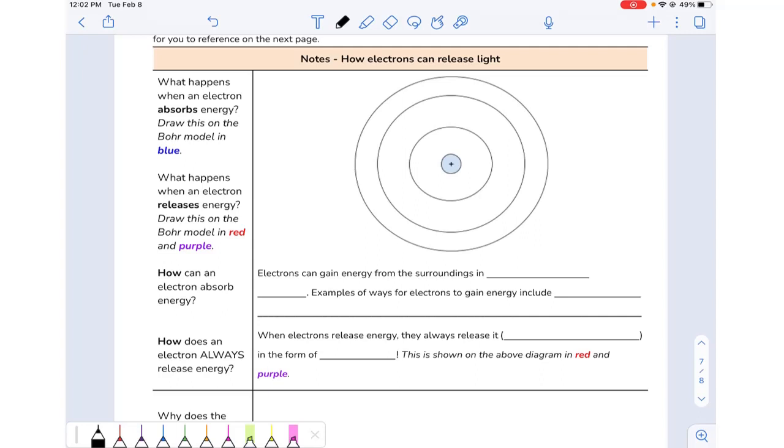So if you're doing this on Notability, great, you have access to color. If you're doing this on paper, go ahead and pause this video really quick and go grab yourself a couple different colors, either pens or crayons or colored pencils, whatever you need, but you're going to need at least 3 colors. You do not have to use the same colors I'm using, but you want to make sure you can